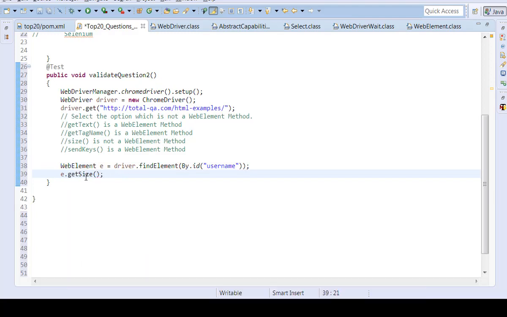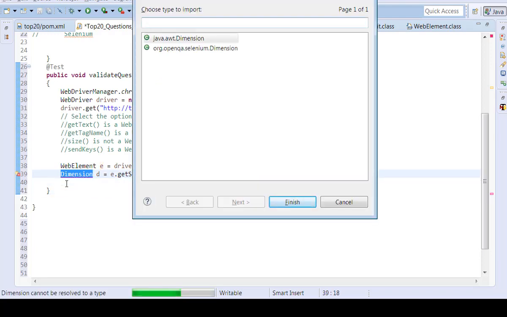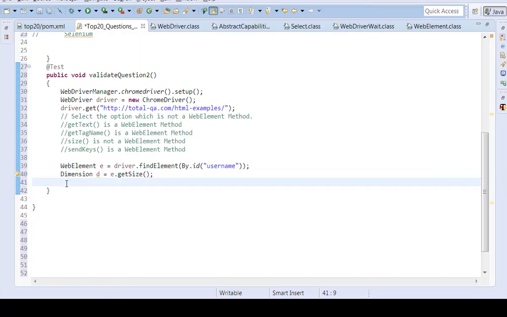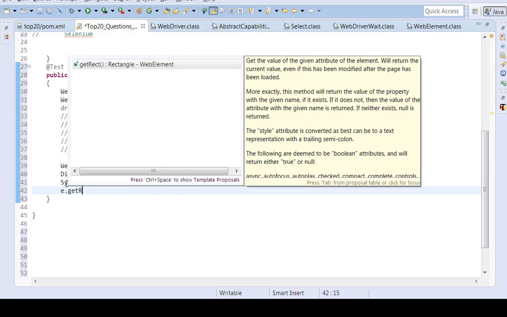getSize returns the dimension, D. When you say dimension, we have to select org.openqa.selenium.Dimension. It's a class. Then try to print D. Similarly, if you wanted to get the rectangle, getRect.